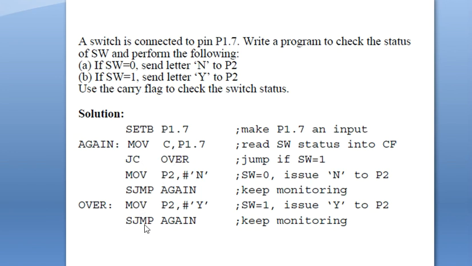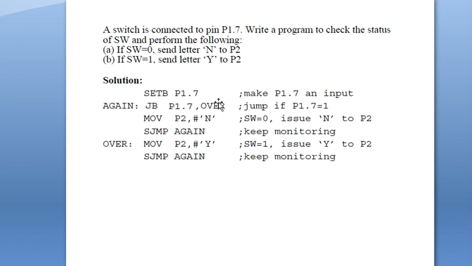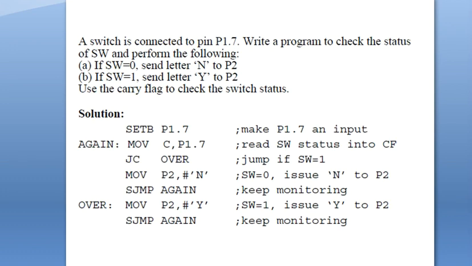According to this, what it has to do is MOV P2, Y, so P2 is loaded with Y. If carry is not generated, it will execute the instruction MOV P2, N. So if P1.7 contains 0, it will execute this instruction. If it contains 1, then it will execute the other instruction, right? Similarly as it was done previously, the same thing happens, but here in this case they are using the carry flag.